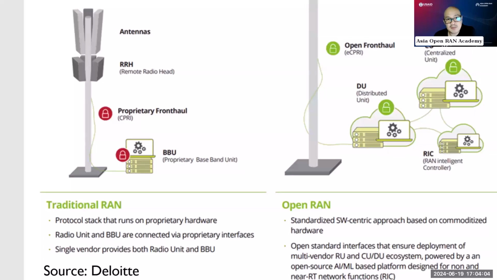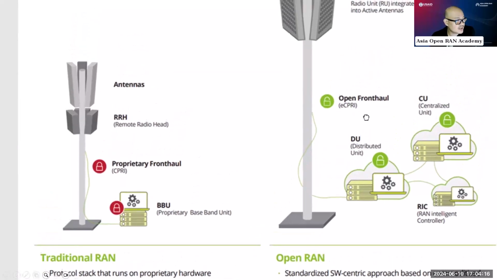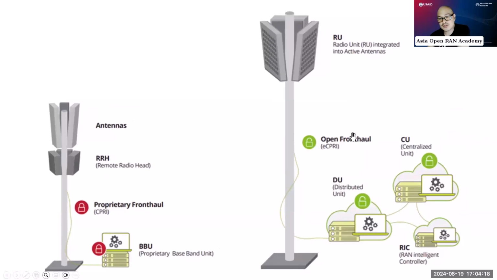But the implementation of wireless technology from 2G, 3G, 4G, or 5G, you can also do using traditional RAN like this. In this era, most or some of the operators are now exploring implementing LTE and 5G using Open RAN because of the different benefits they can get in this new philosophy of implementing